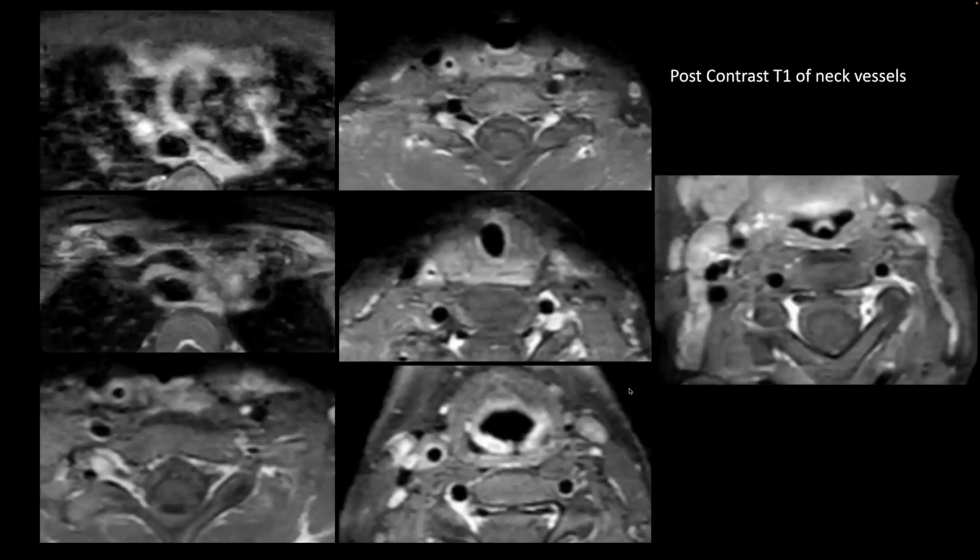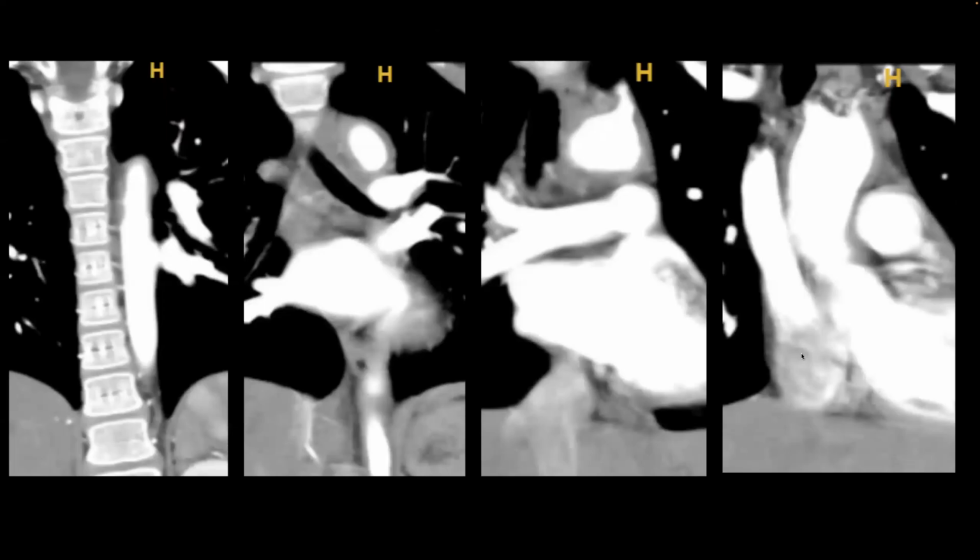The child presented with stroke, so we did vessel wall imaging of the neck and the intracranial arteries to look for any vessel wall enhancement. Now, in these images, the vessel wall imaging of the intracranial arteries was normal. There was no vessel wall enhancement seen in the intracranial arteries. Now, when we come to the arteries of the neck, the aortic arch, we see there is thickening seen around the